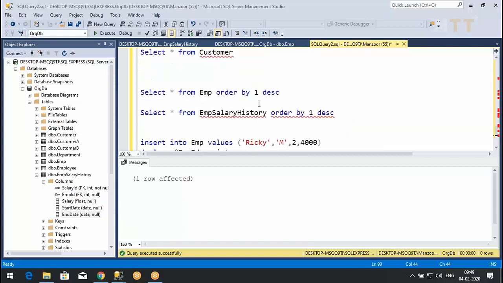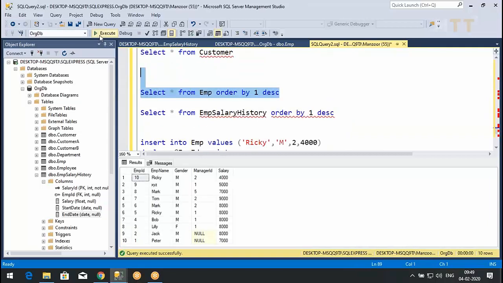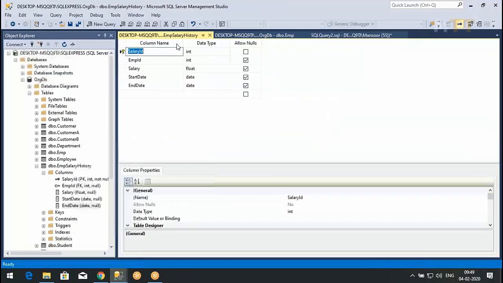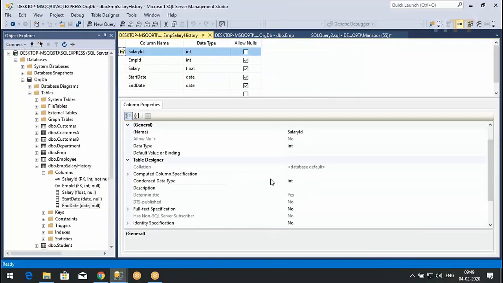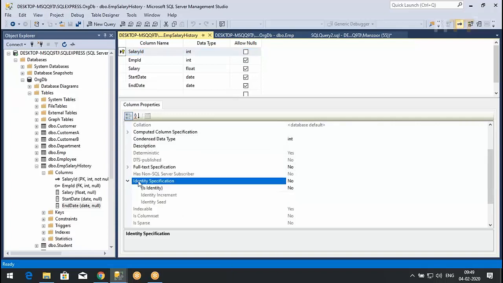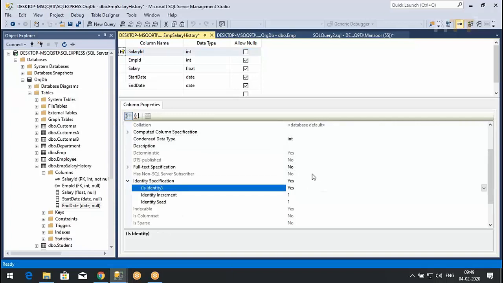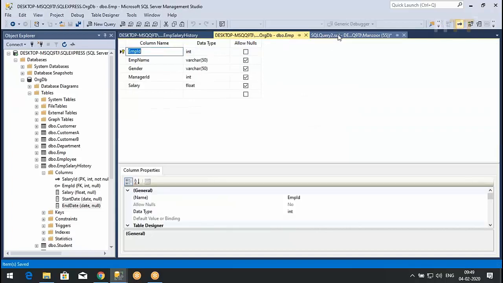Salary is added. One minute. For salary ID, I think we did not make it as auto generated. That is the problem. Yes. Salary ID, we need to make it as auto generated. Now it should be fine.